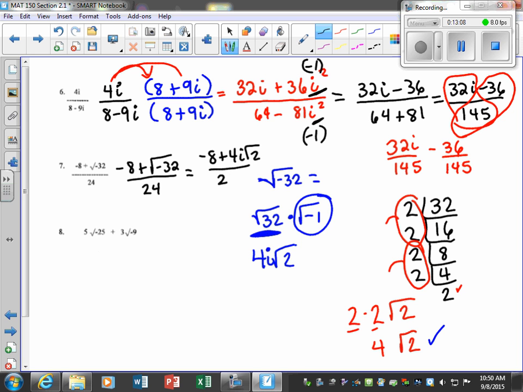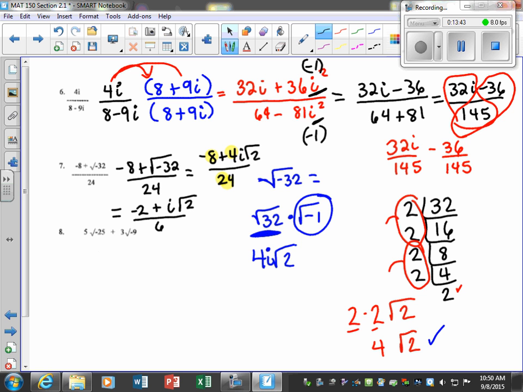over 24. And the last thing we want to do, let me see if I can get a highlighter here, is this number, and this number, all what? They're divisible. Yes, so let's divide a 2 out of everything. By 4, let's divide a 4 out of everything. Let me get this back to a pen. And so we come down here, and what do you get? Negative 2 plus i square root of 2